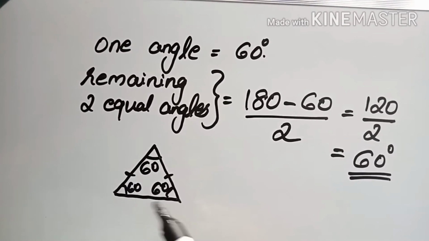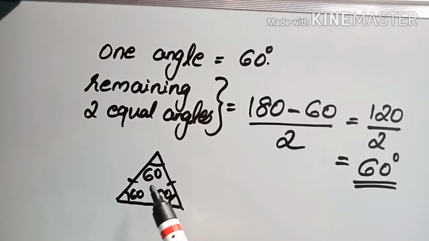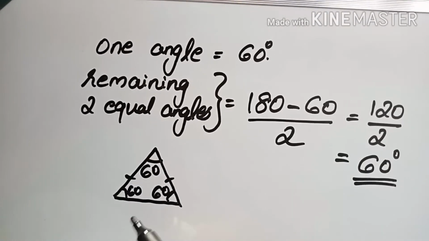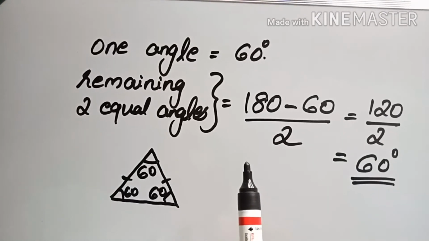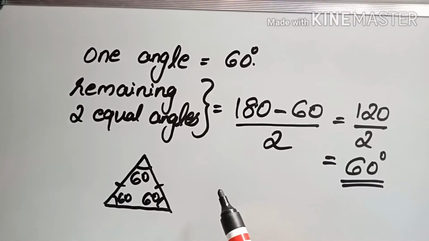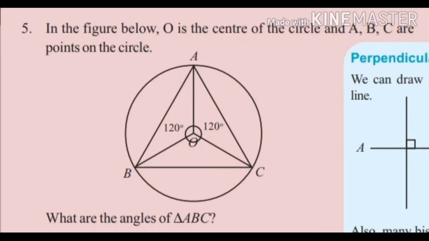In an equilateral triangle, all three sides are equal, so any two sides being equal makes it isosceles. So equilateral triangles satisfy both rules, the isosceles triangle rule and the equilateral triangle rule. But an isosceles triangle does not satisfy the equilateral triangle rule. Next is question number 5. Here I am not explaining question number 4, because by learning question number 5, you can do question number 4 the same way. So let's do question number 5.